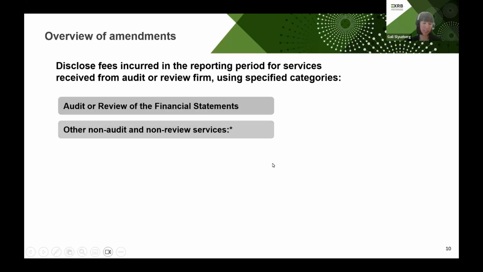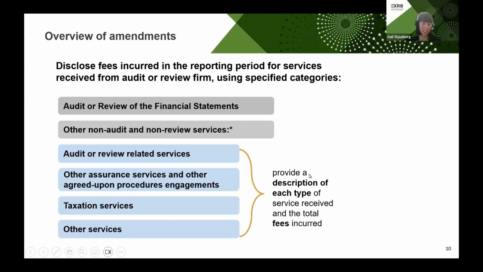What is new is that if the audit or review firm provides the reporting entity with other services in addition to the audit or review of the financial statements, then entities are required to disclose these fees for those non-audit and non-review services using specified categories. And these categories are audit or review related services, other assurance services, and other agreed upon procedures and engagements, taxation